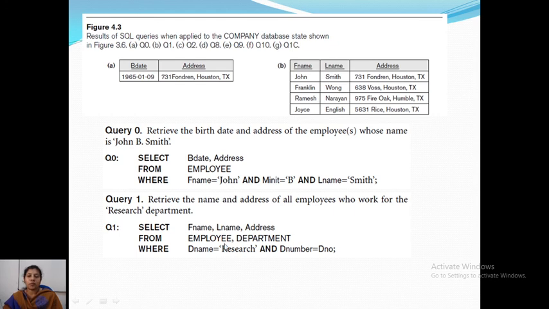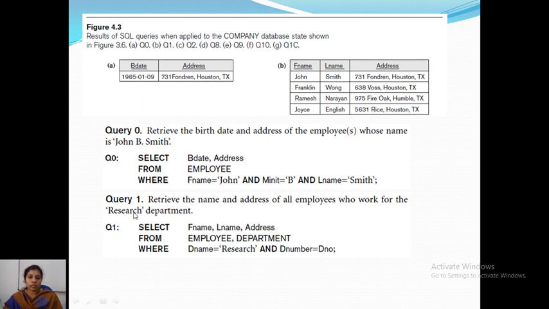Now when you have multiple relations listed in the from clause, you need to use the matching condition. You have to see that these two are related, like you have added foreign key constraints. So you need to equate that foreign key and primary key in the where clause.